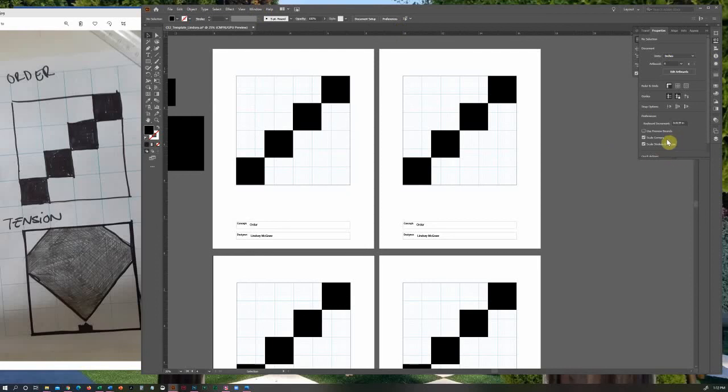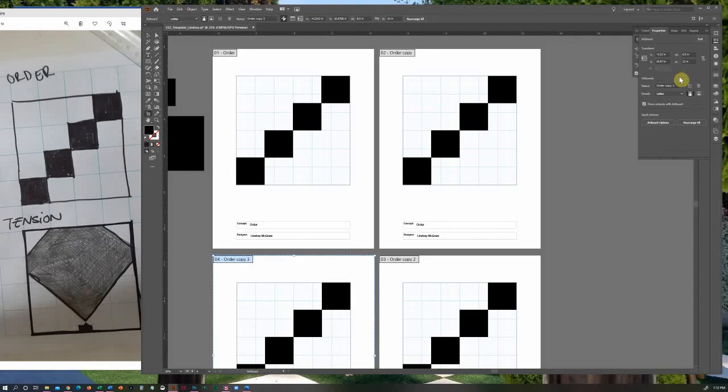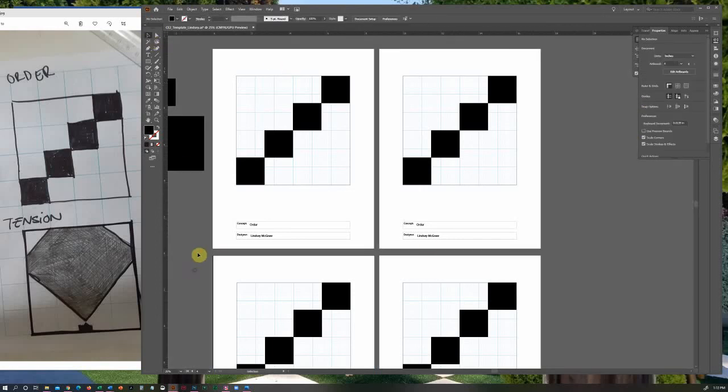You can check some of these things. Go to Edit Artboards, and you can uncheck Move Artwork with Artboard if you didn't want artwork to copy over. You can change the names of the artboards here. You can add more artboards. So the properties panel allows you to basically do all the same stuff, just in another spot. All right, so